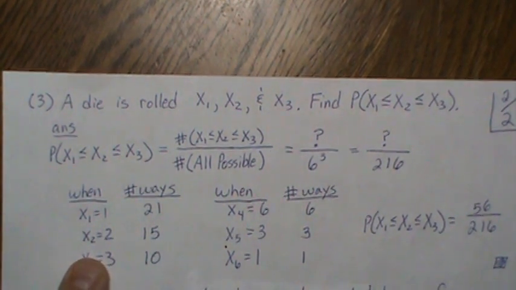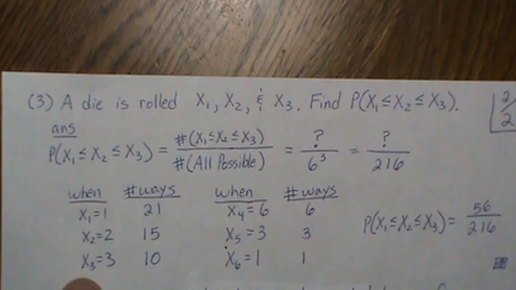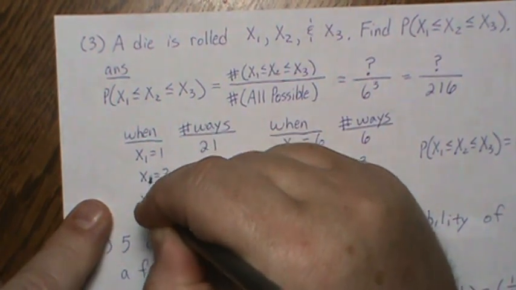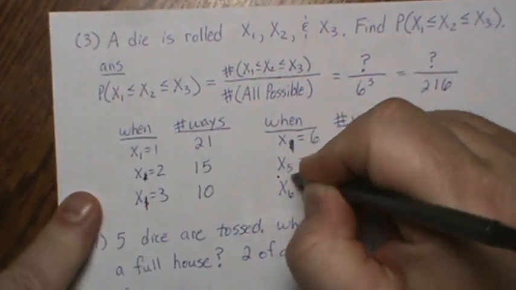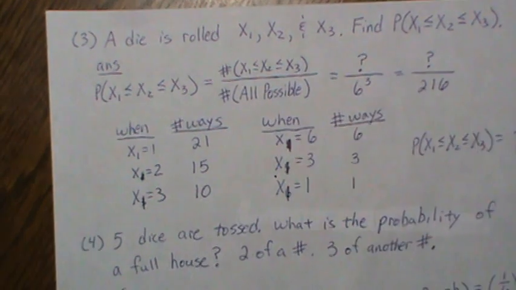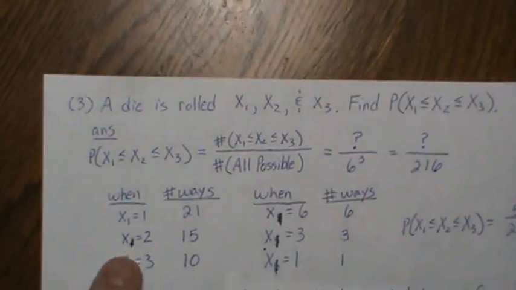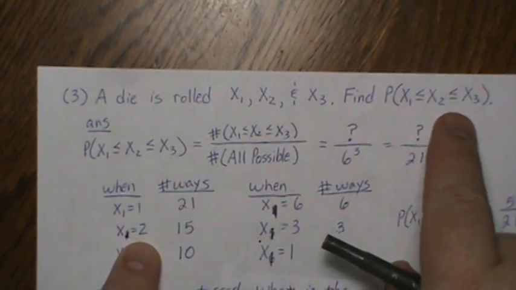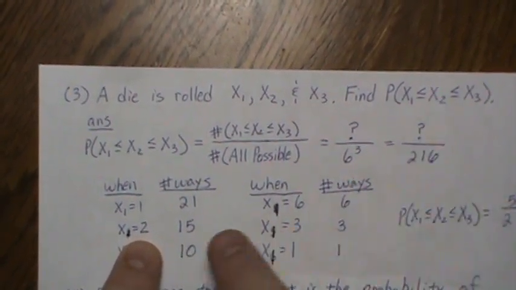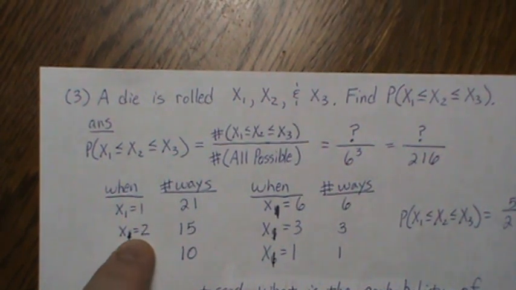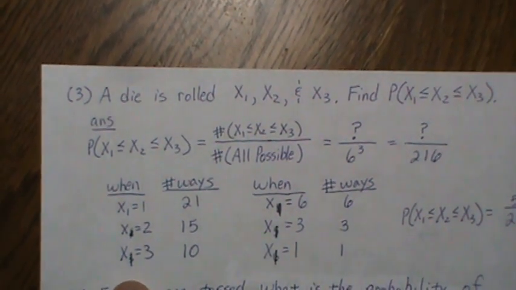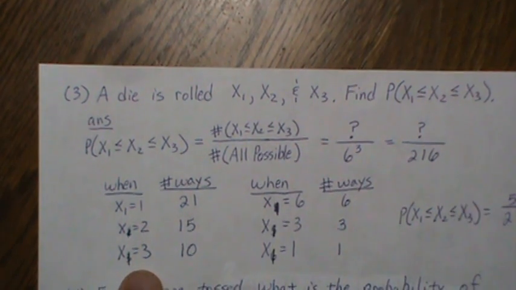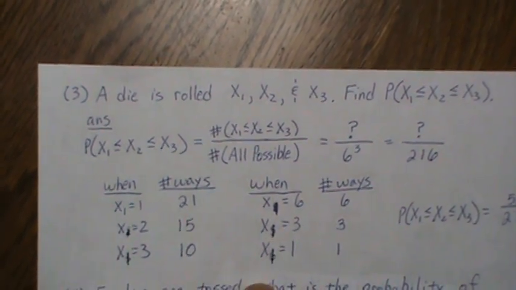So this is not 100% correct. These are all x1, and it's a way to order them. If the first outcome is a 2, then there's 15 ways that we can meet this criteria when the first roll is a 2. When the first roll is a 3, then there's 10 ways that we can have this ordering. When the first roll